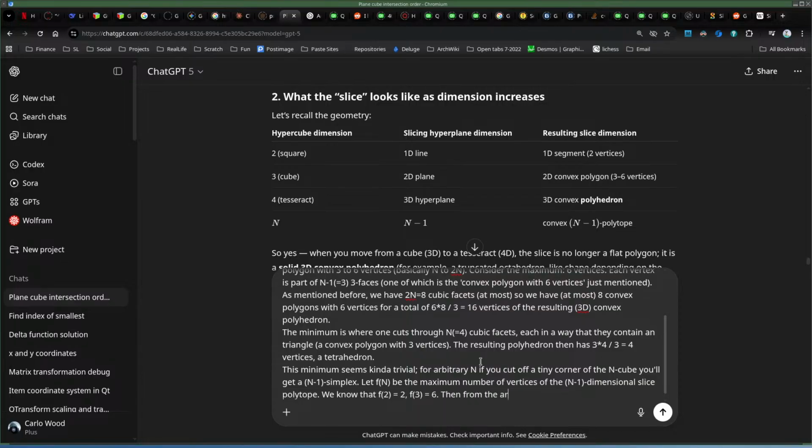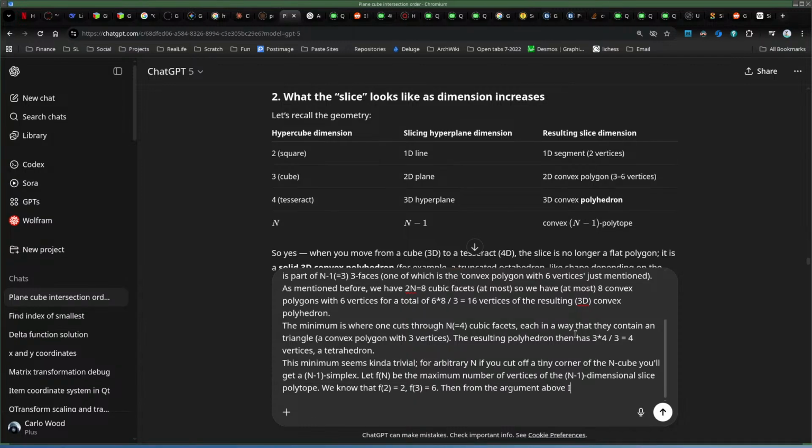Then from the argument above, I'm gonna write I for change. Then I can define